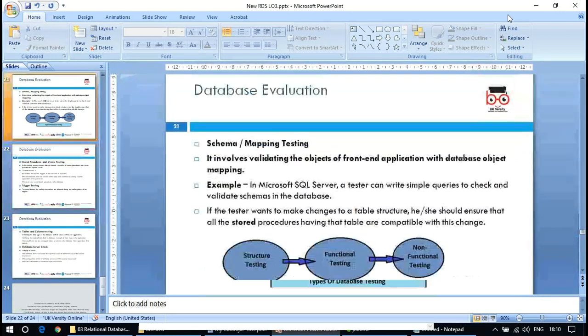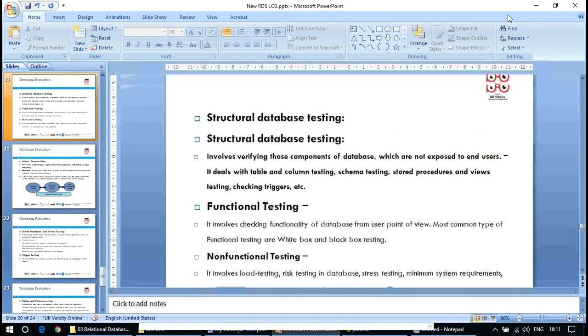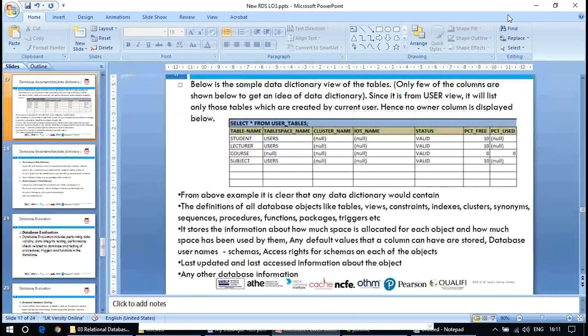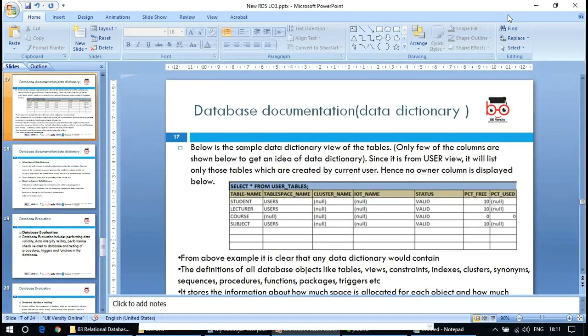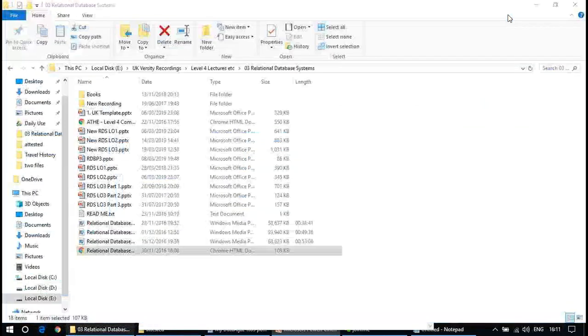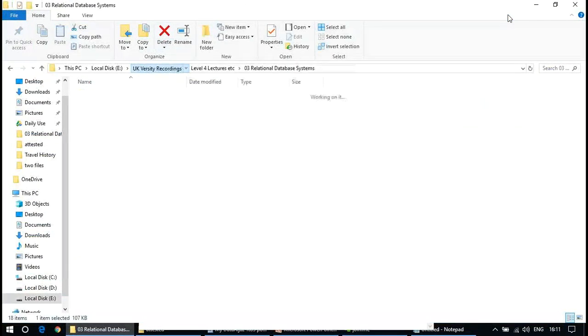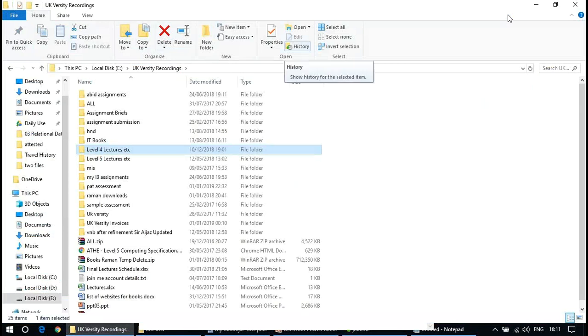So LO3 is complete now, and I would advise you to come up with the assignments as soon as possible. I haven't received any of your assignments so far, so I don't know what your position is now. My assignment, like, I'm still working on it. I'm still doing some research on my one, so you will be